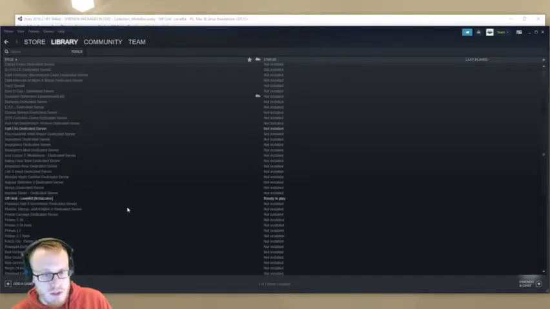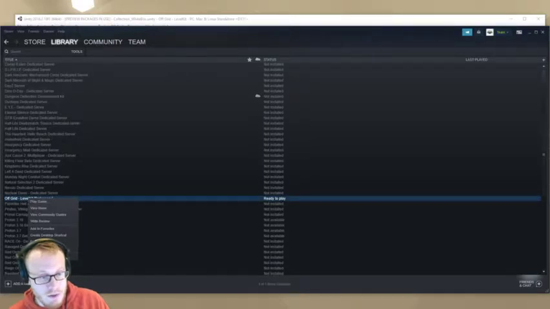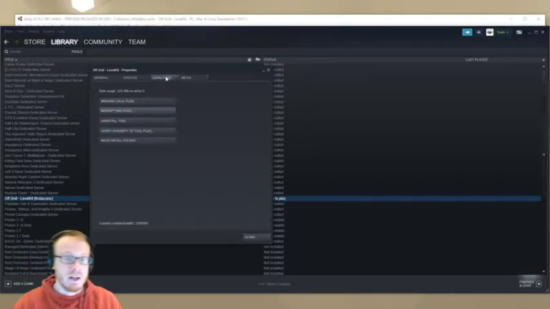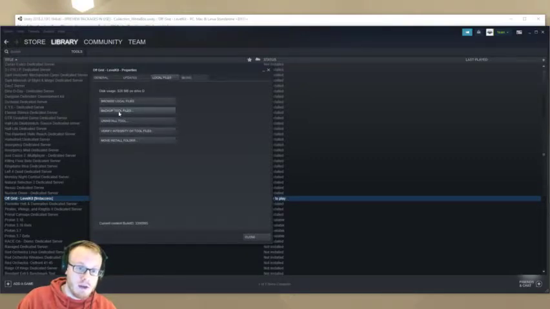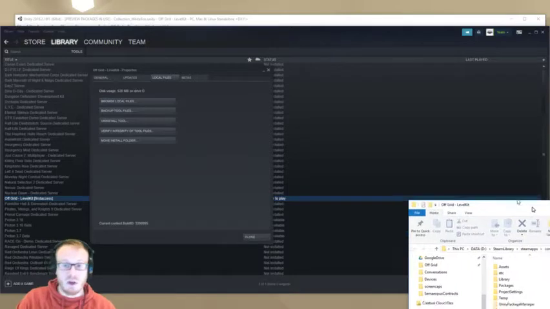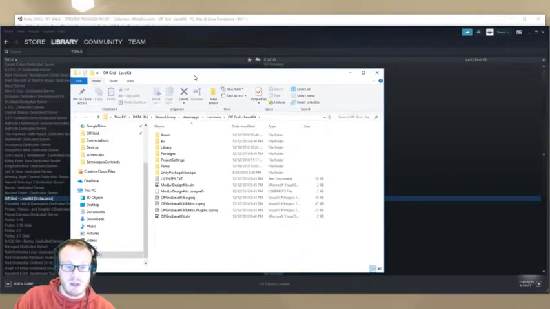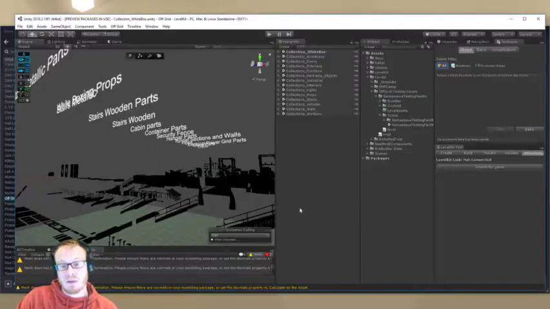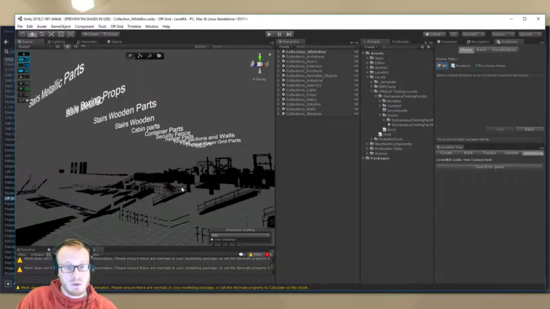And for us, we're just looking for Off-Grid, and it's the Off-Grid level kit. You have to do all the same stuff if you have beta access, which is you've got to have the key already to have the game, and then you've got to put the password into first access here. Then it shows you local files, and you browse to those local files. And lo and behold, those local files are a Unity project. So you just open Unity and point to that project, and it will open this thing up for you, which is,